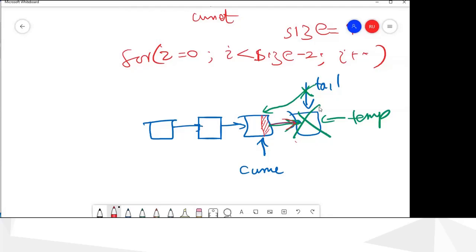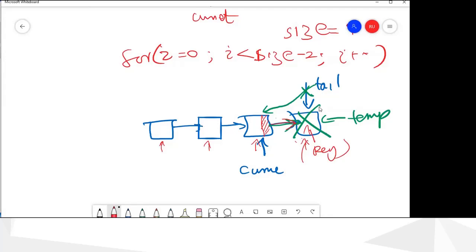So when we are printing, we start here, print, and we start here, print, until this one is null, next is null. But here we are going to this one, and we have deleted this one, and when we try to access the key of this memory location, we have deleted this one. So that was the error.